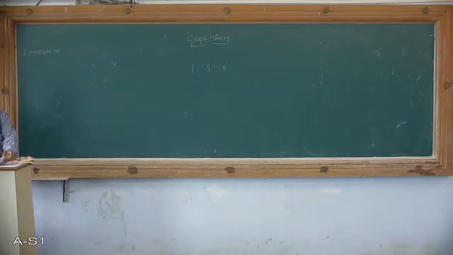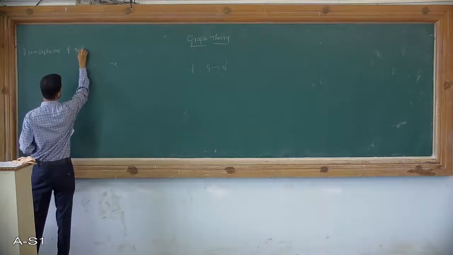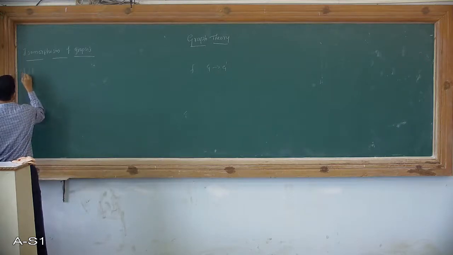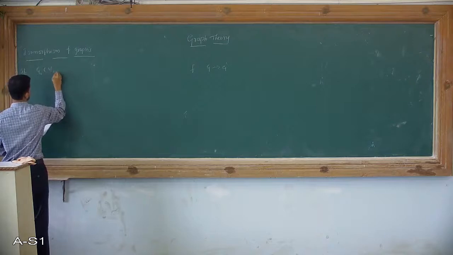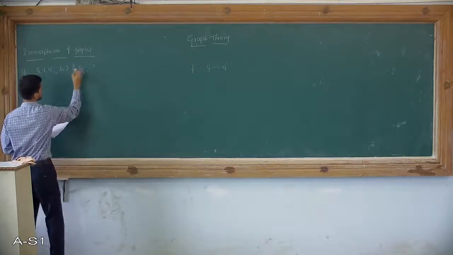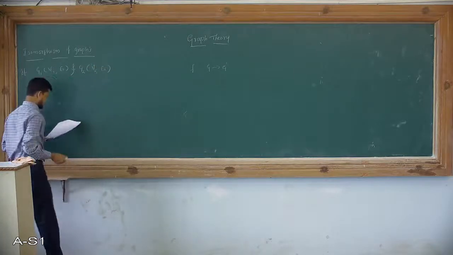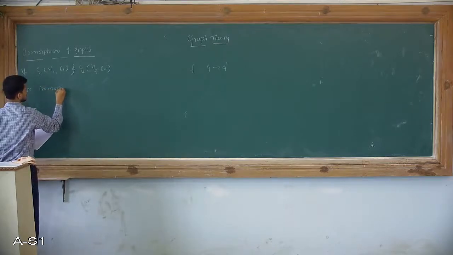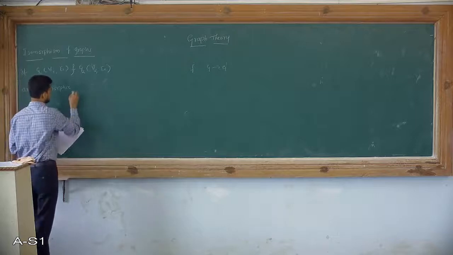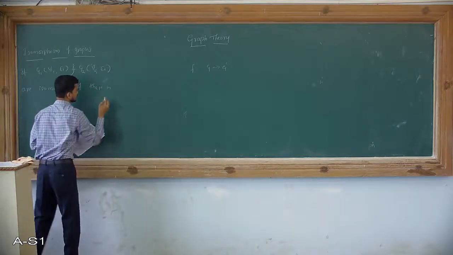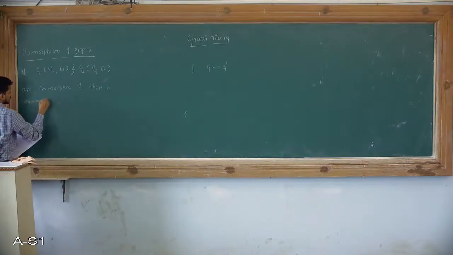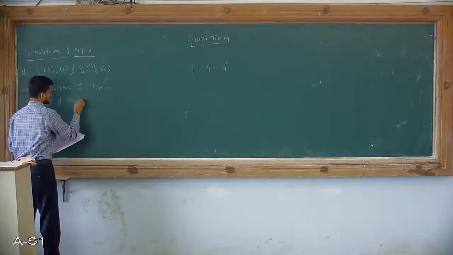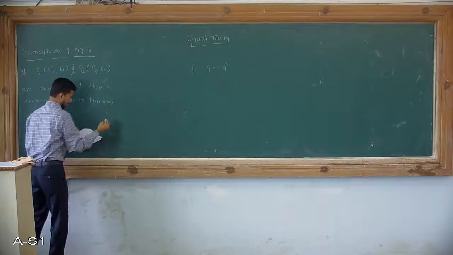Isomorphism of a graph. If G1 has vertex set V1 and edge set E1, and G2 has vertex set V2 and edge set E2, they are isomorphic if there is a 1-to-1 and onto function f